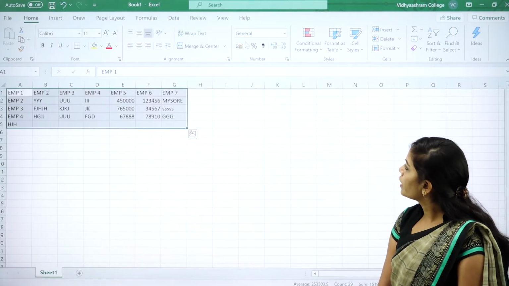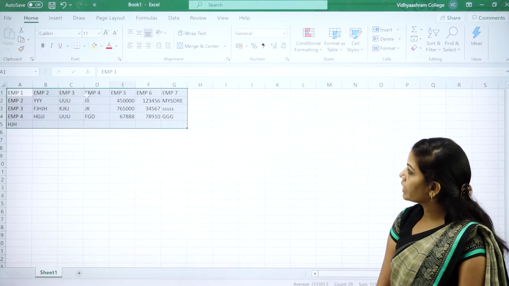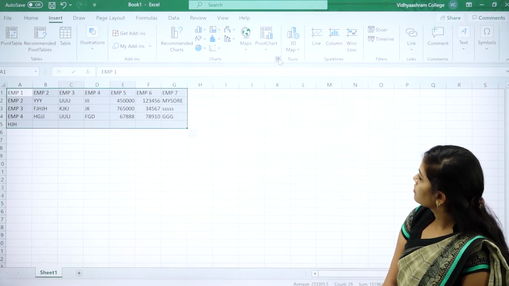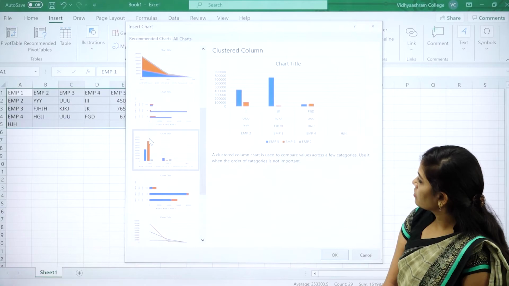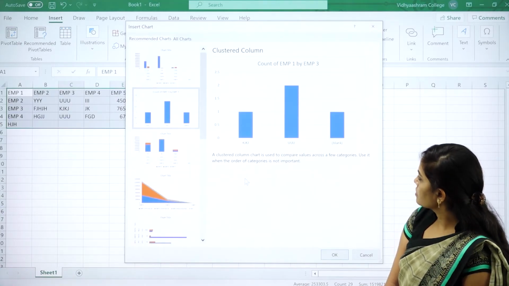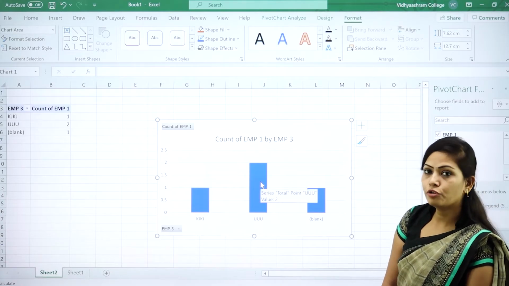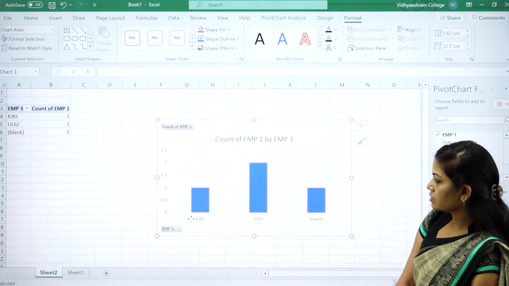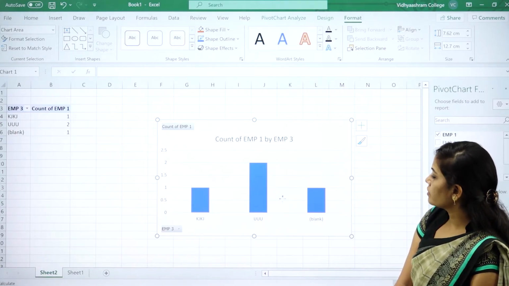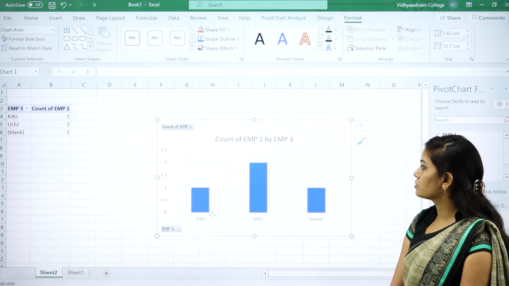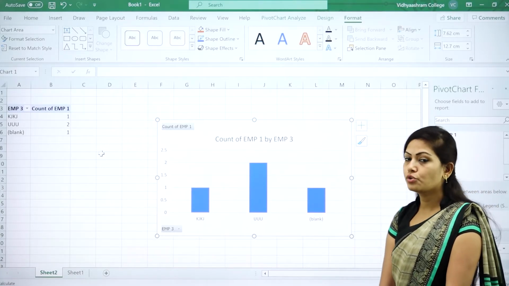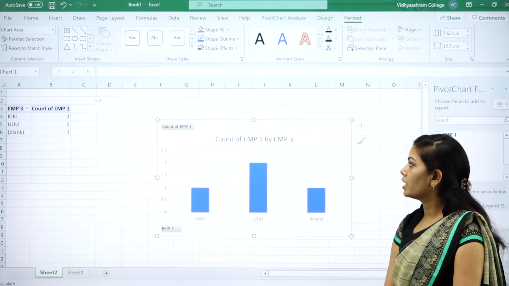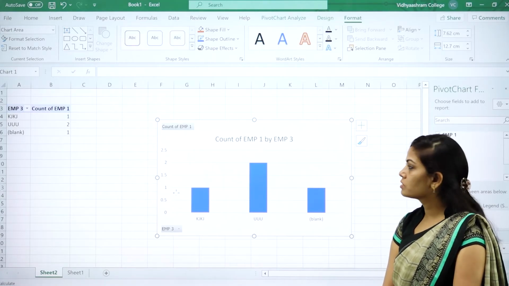Here you just select the entire data and go to the Insert button, and here you have charts. You can select many different types of charts and you will get this type of charts. So for this data, I will get this type of chart. It represents the pictorial representation of numeric values. So this is your type of chart. You can select any type of chart, called line chart, bar chart, and pie chart also you can select. So this is your chart.